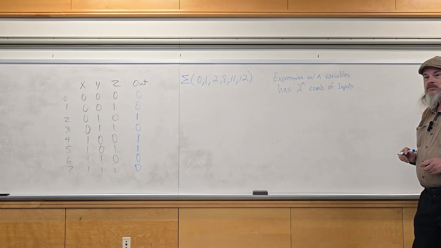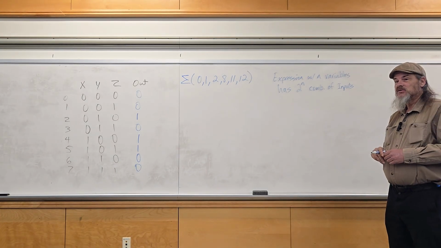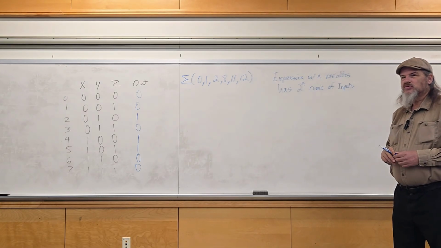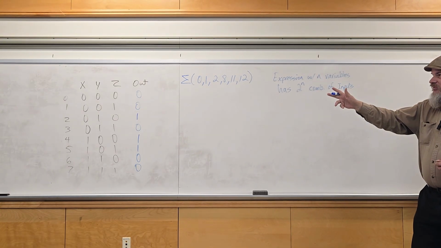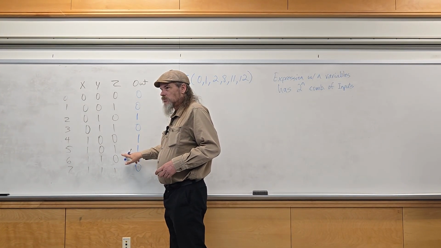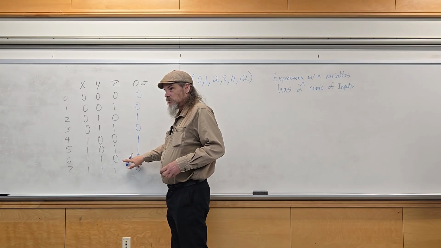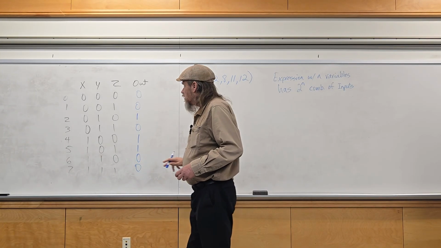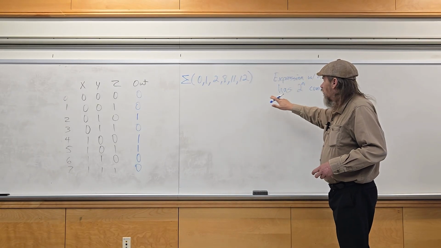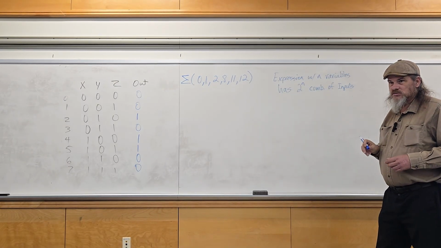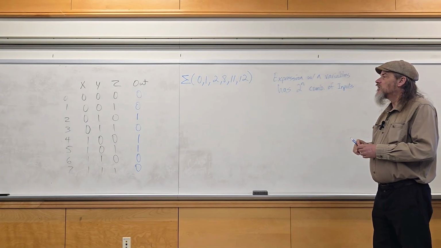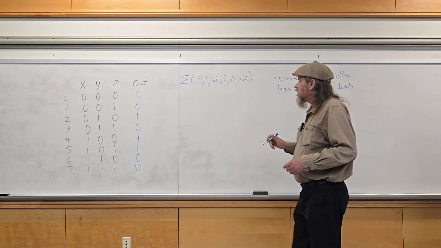No, 2 to the n, not n to the 2. So 3 variables has 2 to the third power, which is 8. This one is going to have 4 variables, so it has 2 to the fourth power, which is 16. So you have 16 combinations,